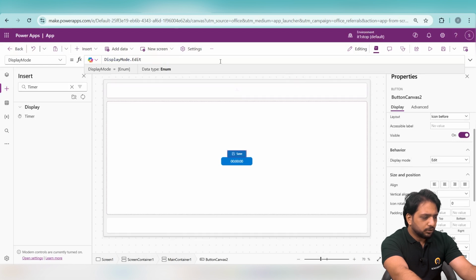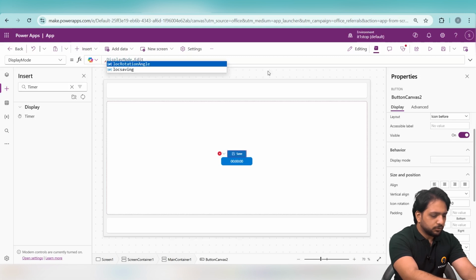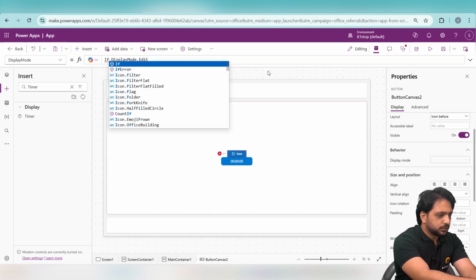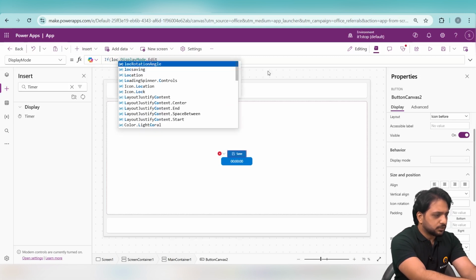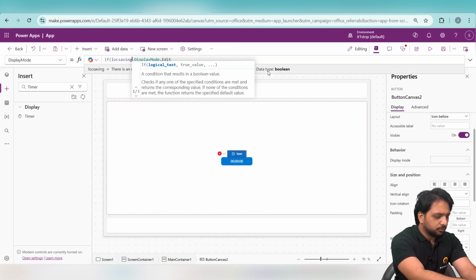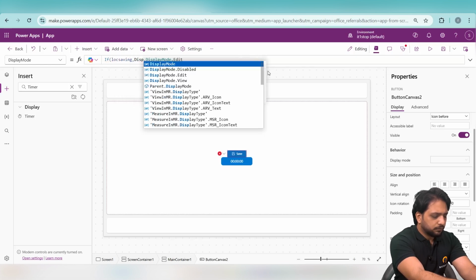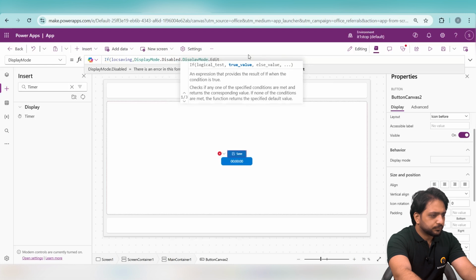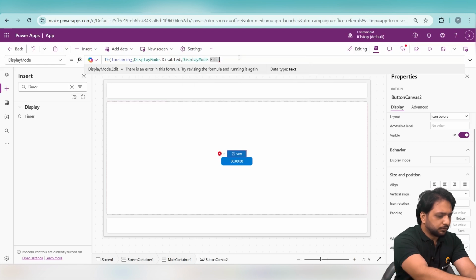Also we need to set the display mode. We want our button to be disabled when our flow is running. So we will use the same condition again. LOC saving, display mode will be disabled. After that,